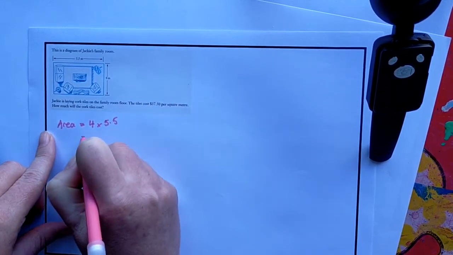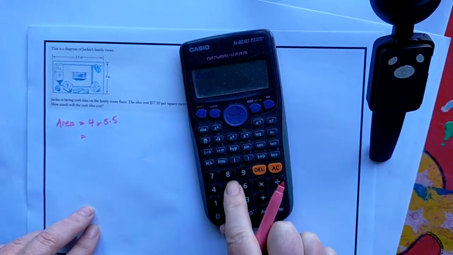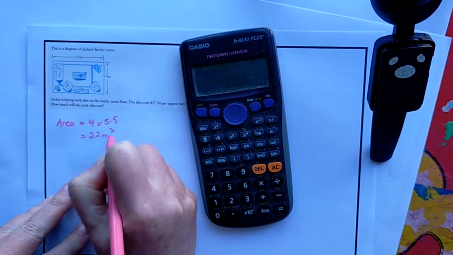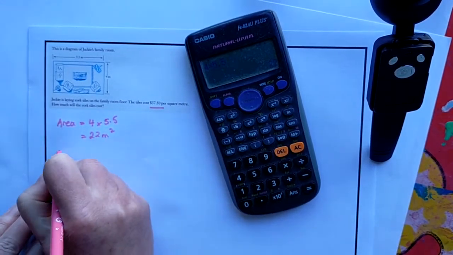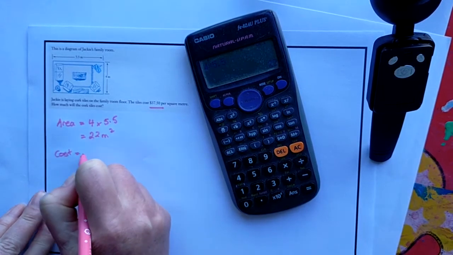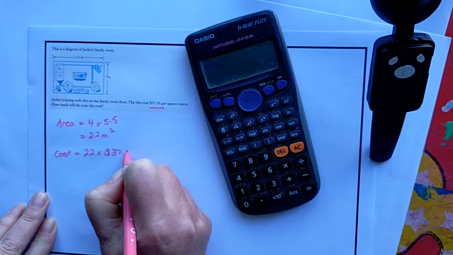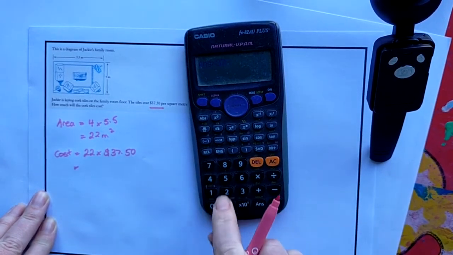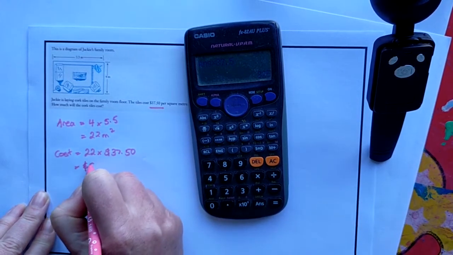So 4 times 5.5. I can work that out on my calculator. That gets me 22 square metres. And my cost is $37.50. So my cost is going to be 22 times $37.50. So that's going to cost